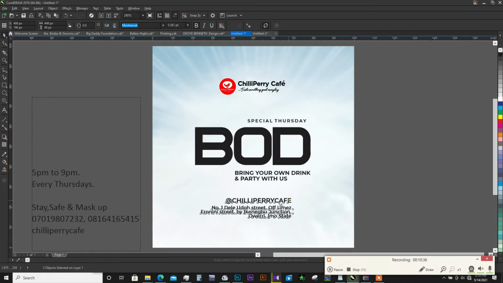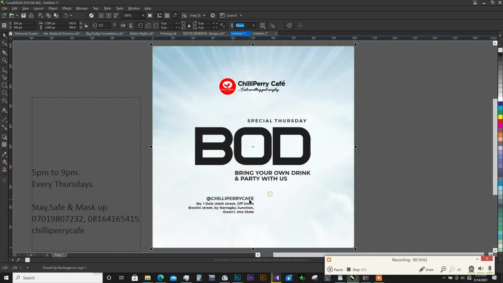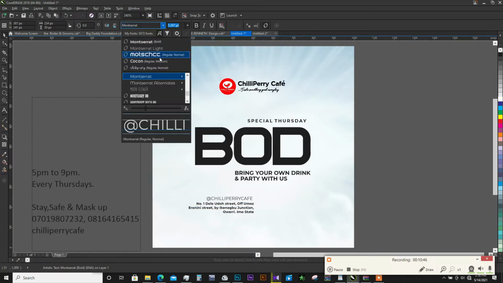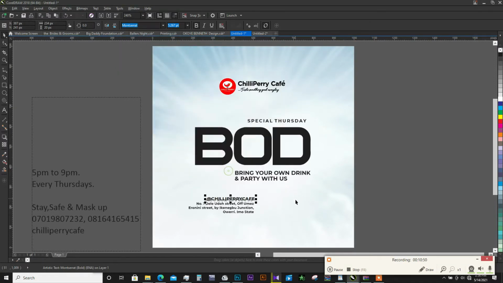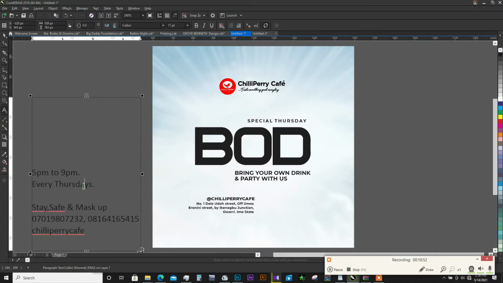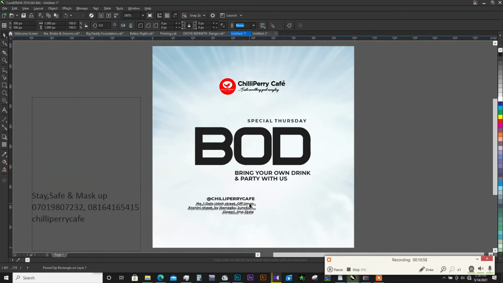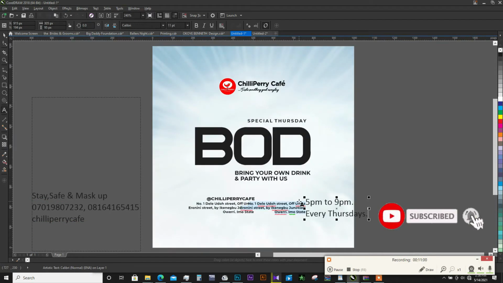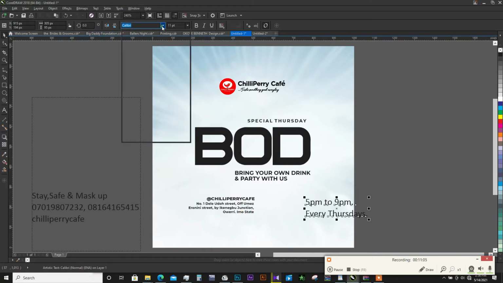Then I make this uppercase by using Shift F3, which will give you the change case. Then I use uppercase. And I'll do the same for this. Control A is to highlight all the information, and Shift F3 will give you uppercase, give you change case, which I'm going to use to uppercase,